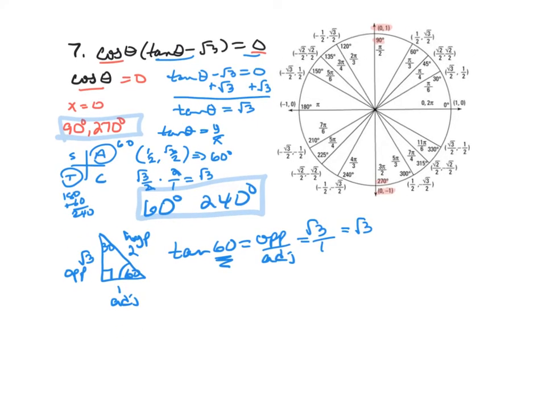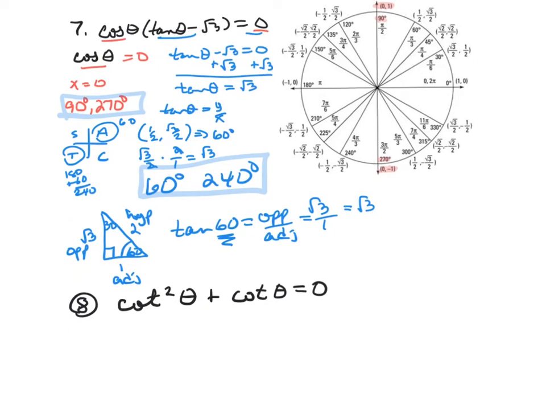All right, let's try number 8. Number 8 has cotangent squared theta plus cotangent theta equals 0. For this one, I'm going to factor out a greatest common factor of cotangent. So once I factor out a cotangent theta from each one, the first is left with cotangent and then cotangent. So this one, when I divide it by this, I get this, and then this divided by this one gives me just a 1. And now I'll set each of my factors